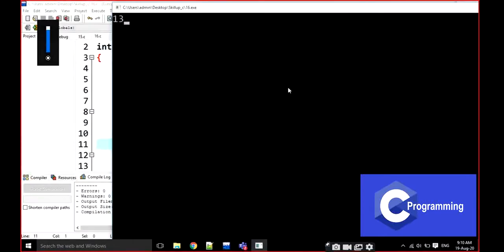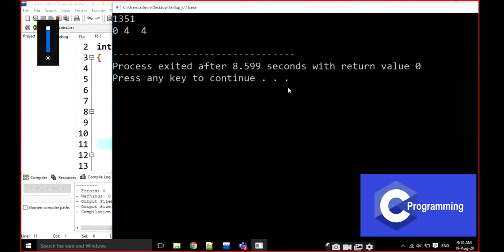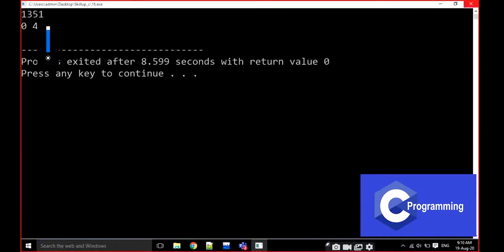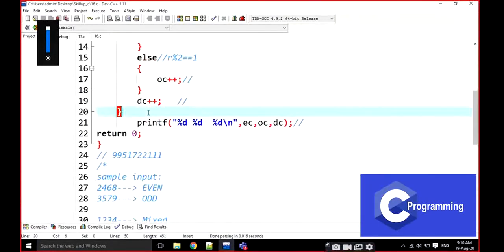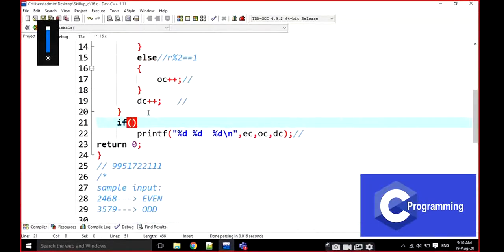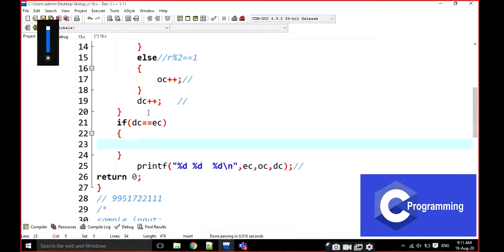If it is like this, the even digit count is 0, the odd count is 4, and the digit count is 4. That means we are going to write only one more condition here. After this, I am going to write: if digit count is equal to even count, I am going to print it as even.